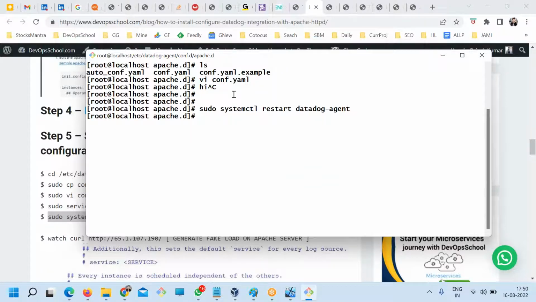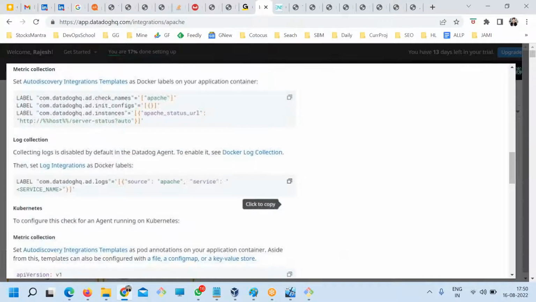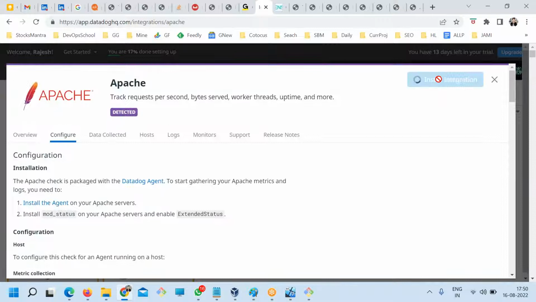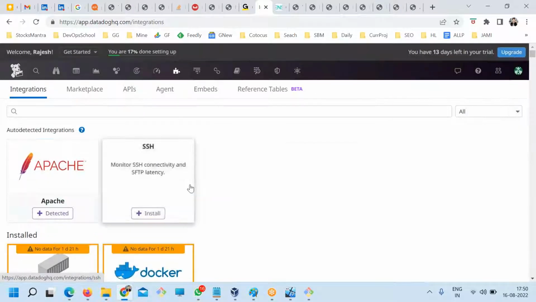And finally I'll just go here and click install, which is here, and after that I think I should see all the data in the